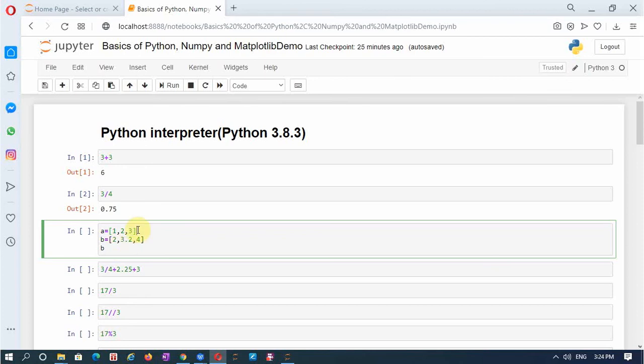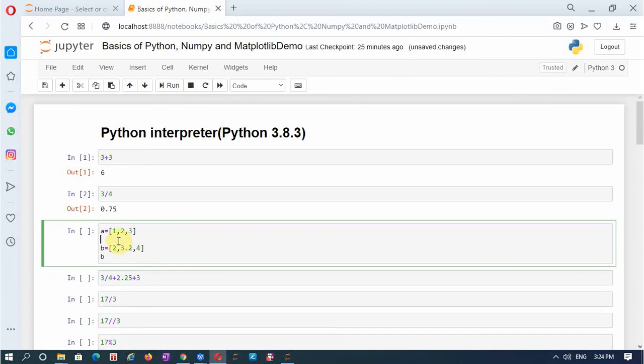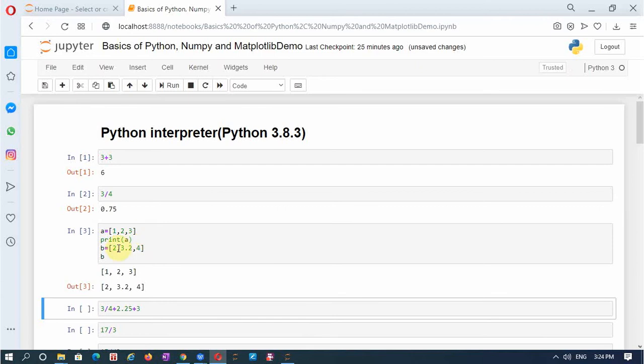So now if I ask it to type or print A, and also I can even achieve that by simply writing A and executing this. So I'll run this file. So first output is print A, that is 1, 2, 3, and the second one is I have typed not print statement, simply B. Whatever is in B has been written here at the output line. So this is the output line for input line 3.